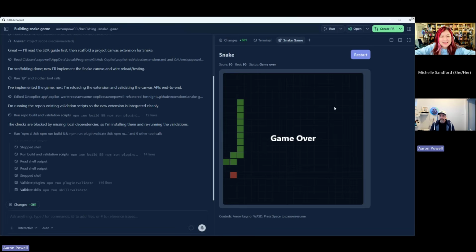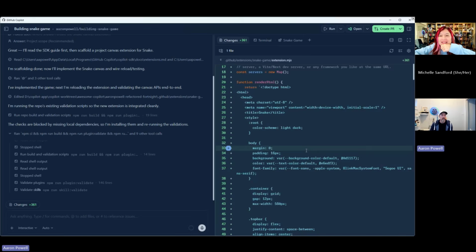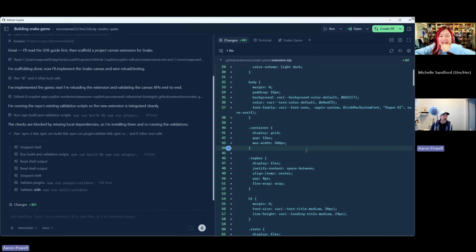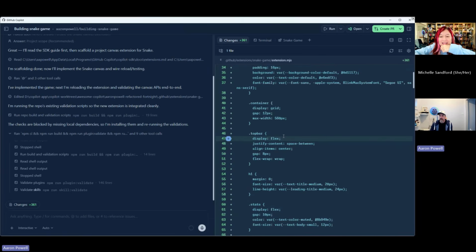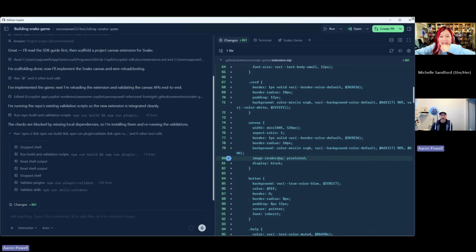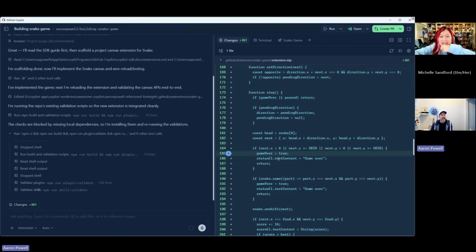It's a bunch of JavaScript. We have a skill, which is /create canvas. You then just tell it what you want your canvas to do, and the agent will go ahead and build this all out. That's what happened here. I didn't actually write this code. The canvas itself was just fully created by Copilot.